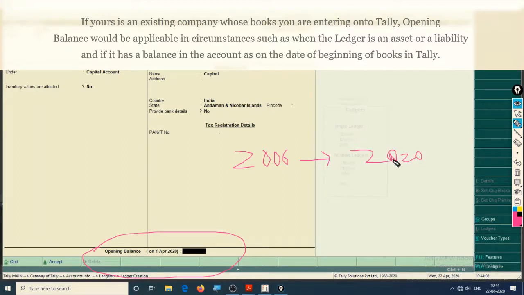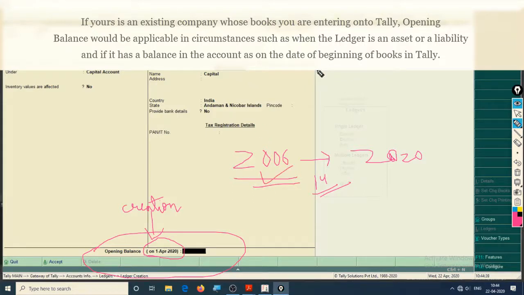It doesn't mean that you haven't brought in capital, and you need to put all those accounts of 14 years into Tally. So whenever you create an account, it will ask for the opening balance. As when we created this company, we had the date of creation of company as the creation date. Creation date was 1st April 2020. When you create a company, you can enter